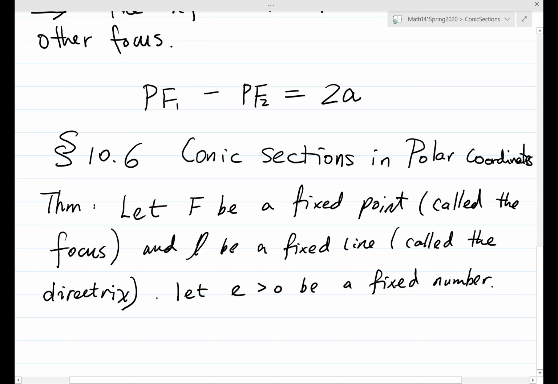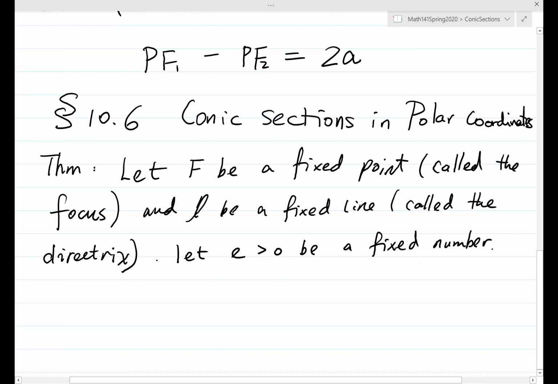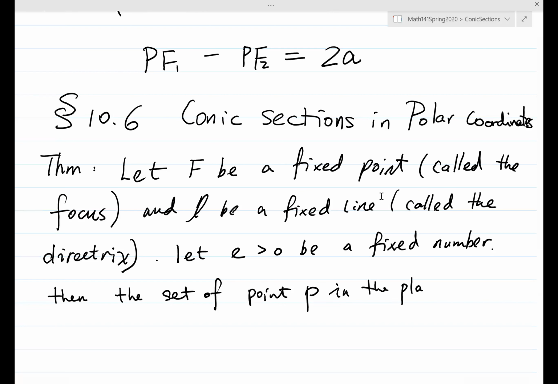Then we consider the following problem. We study the set of points P in the XY plane, in the plane, such that